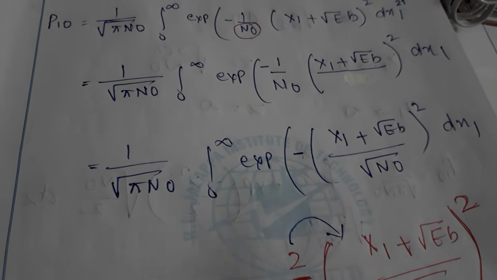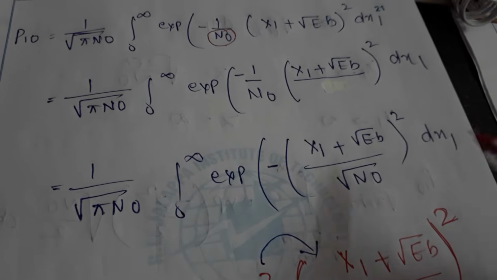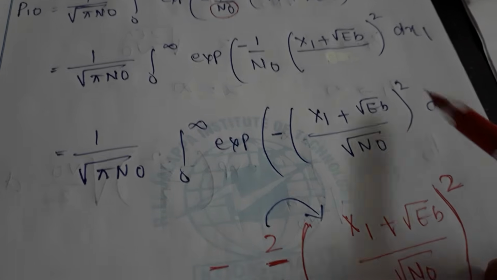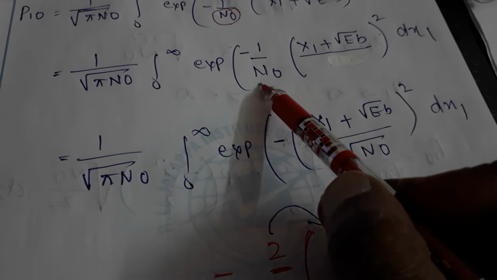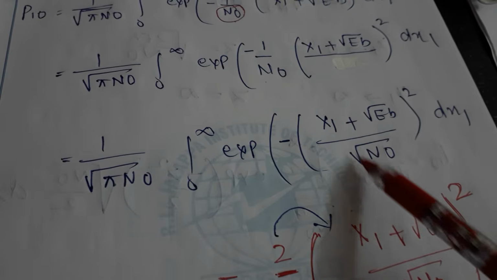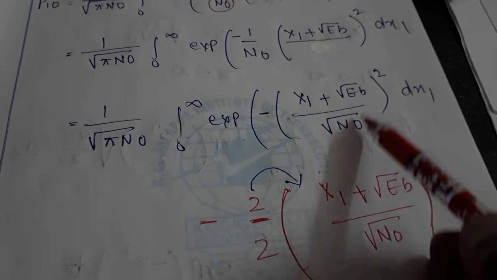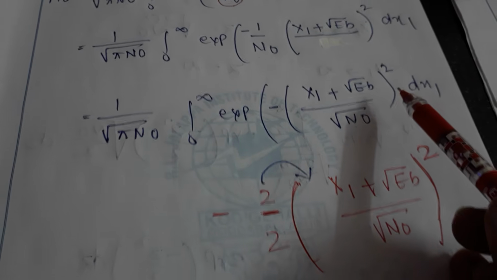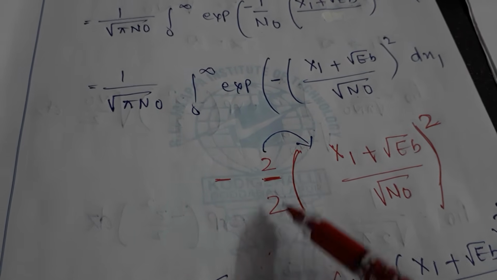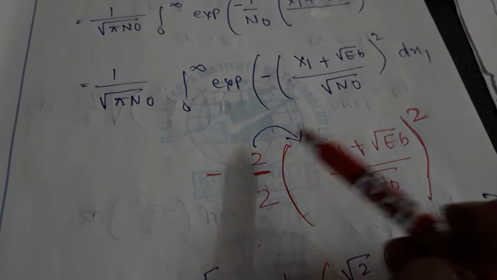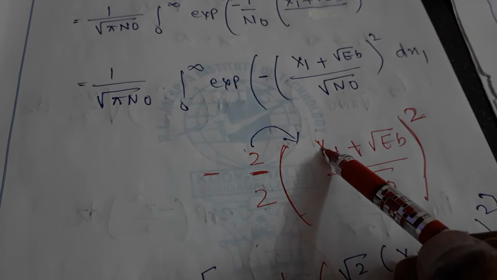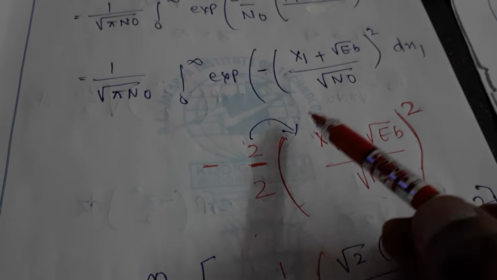Same procedure will be followed for QPSK and other things. Now please understand, root n naught I will bring inside, so it should be written as root of n naught and whole square. Then whatever you have got here, just a modification is required. So I'm multiplying by 2, divided by 2. So I will take this 2 inside. If you take the 2 inside,